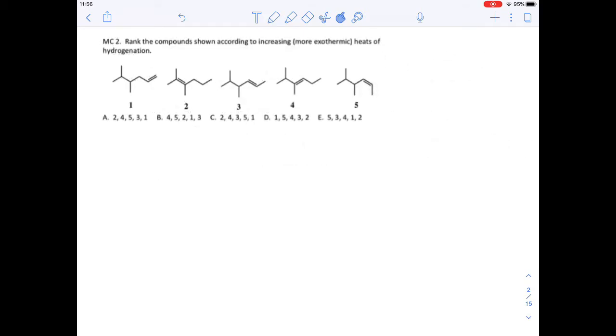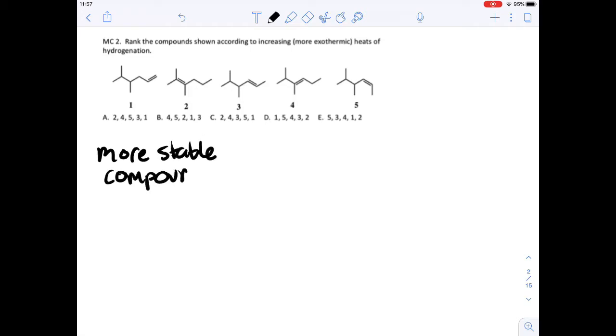So moving on to the next multiple choice question. This question asks us to rank the compounds shown according to increasing or more exothermic heats of hydrogenation. So, when you're thinking of heats of hydrogenation, the more stable your compound is, the lower your heat of hydrogenation, okay? So, more stable